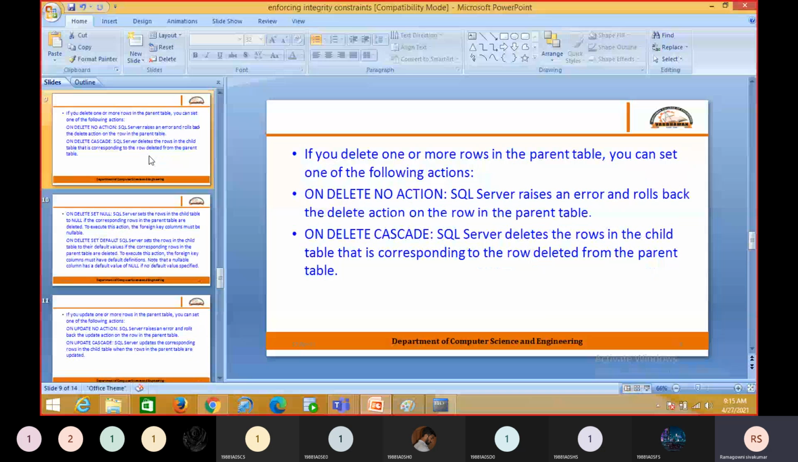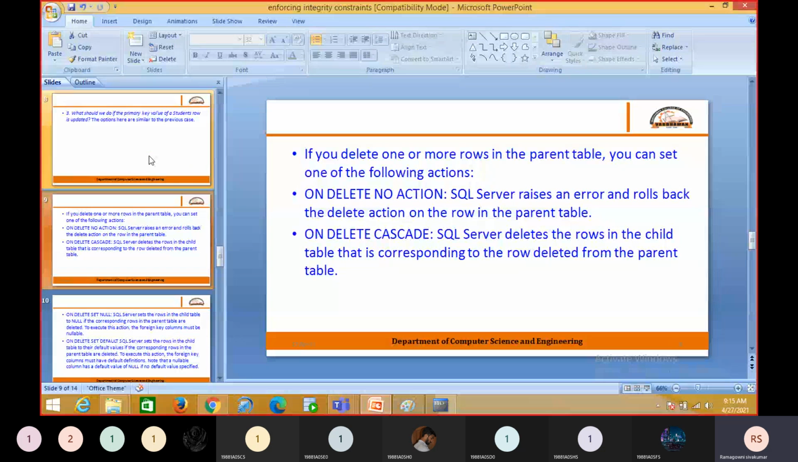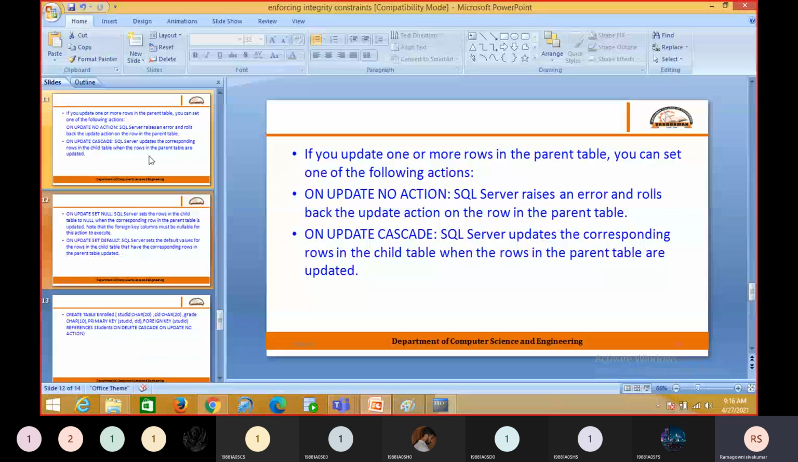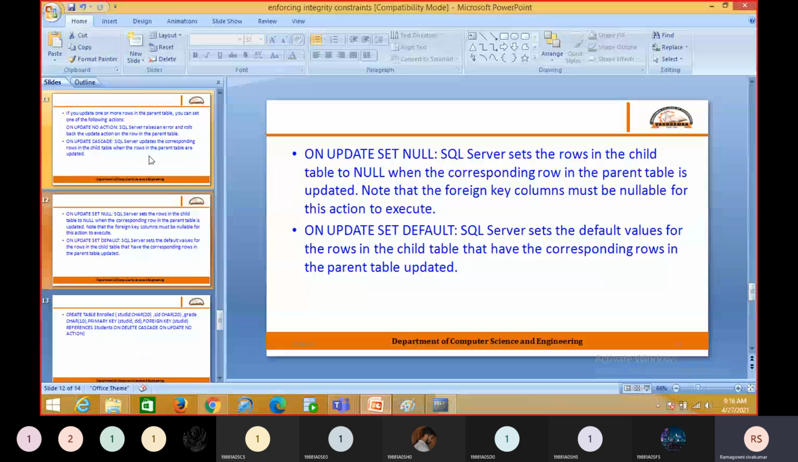on delete no action, on delete cascade, on delete set null, on delete set default. Next, on update no action, on update cascade, on update set null, on update set default. These are the enforcing integrity constraints. So how can we implement this? See, for example,